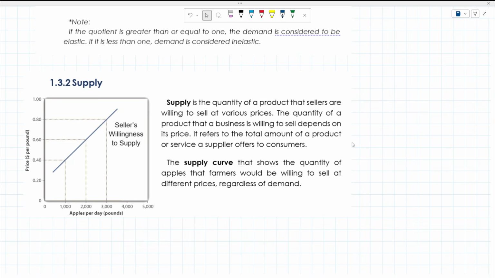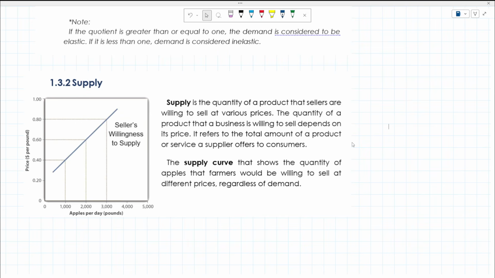So if we're talking about the supply curve, we would not be concerned with the demand side. We're only concerned with the supply side. Okay? And what does the supply curve indicate? That the seller is willing to supply a huge number of products, provided that they are paid